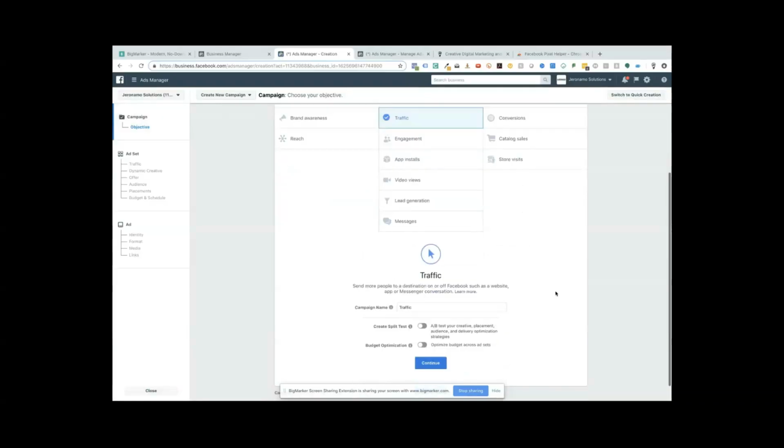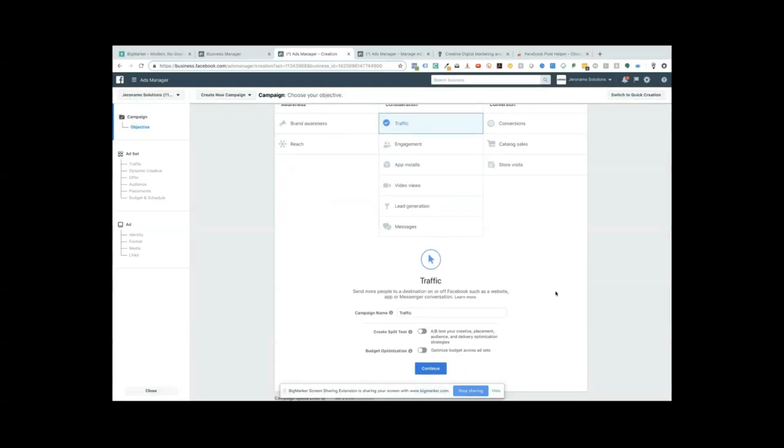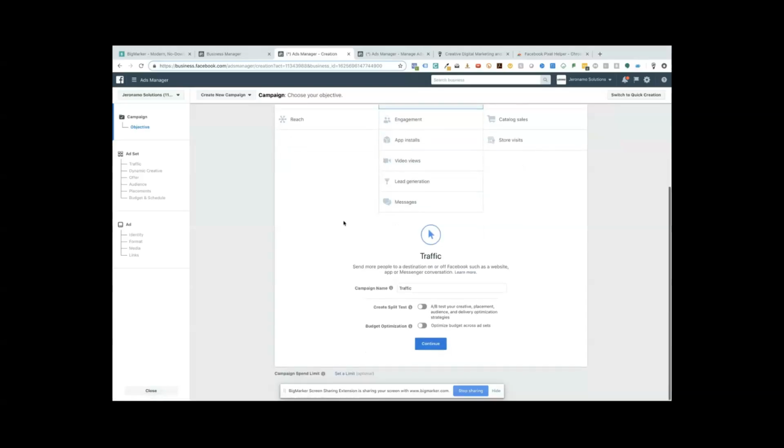Okay. So in this first campaign, remember this is the top of the funnel. This is where we're actually sending people just to our blog post. So this would be a traffic ad. We're actually sending people specifically to blog posts. So in this instance, we would give it a campaign name. If this was a blog post, then I would actually name it the name of the blog post. So I would say, you know,